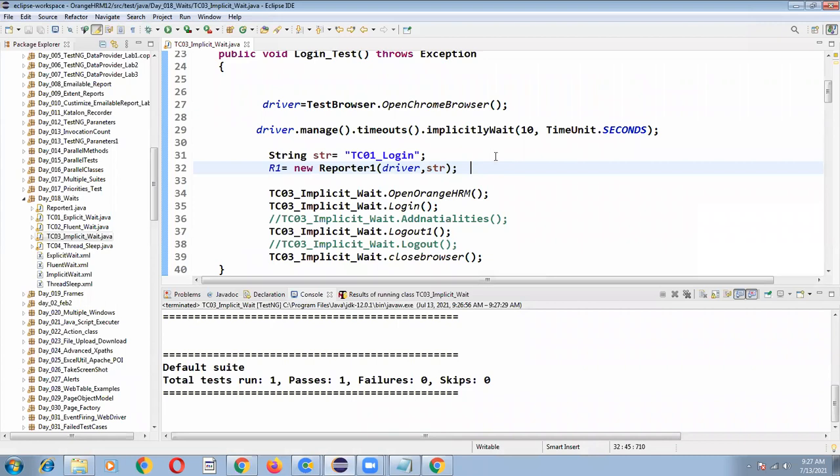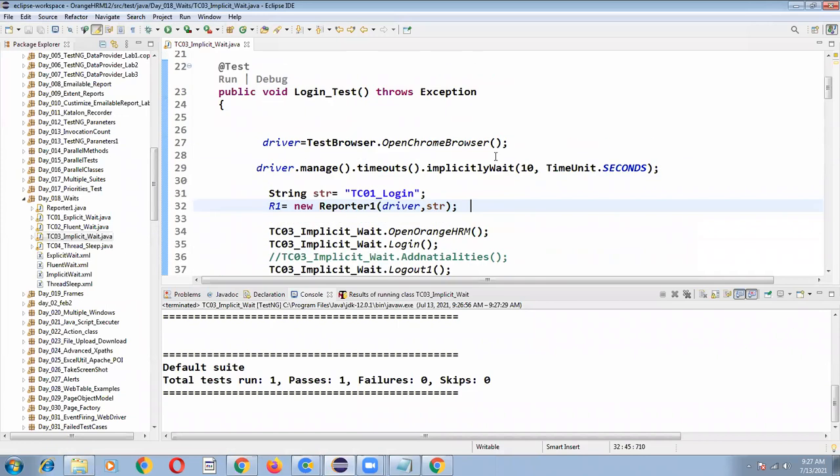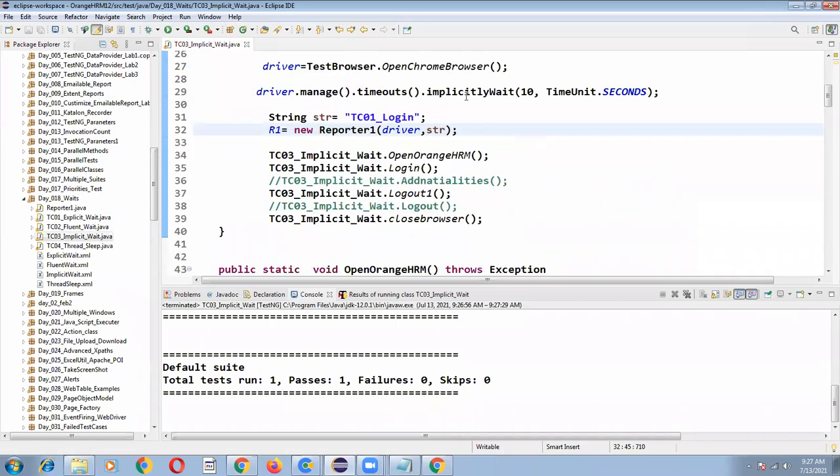The driver by default executes each line of instruction at a very high speed, so we cannot predict that. While executing any driver instruction, the driver has to wait at least 10 seconds in case the element is not loading. That is the meaning.